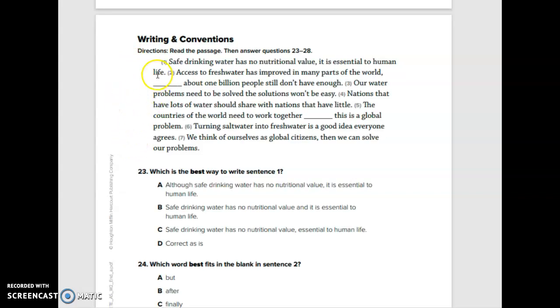You actually might want to just read them as you answer the questions because you have to go back and figure out which one fits. So number 23, which is the best way to write sentence 1? A. Although safe drinking water has no nutritional value, it is essential to human life. B. Safe